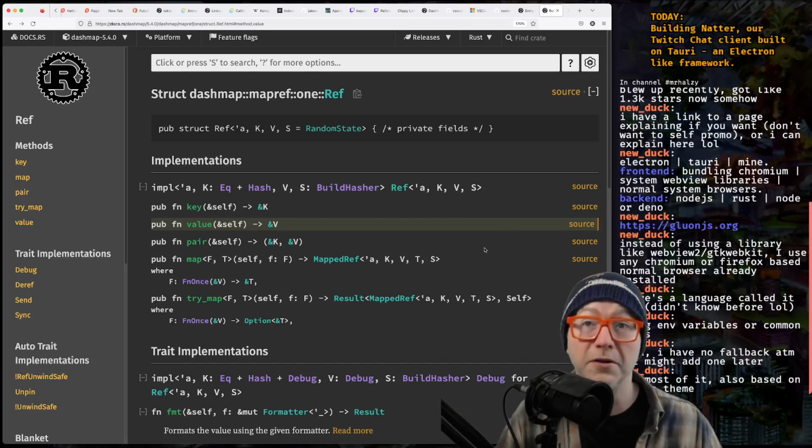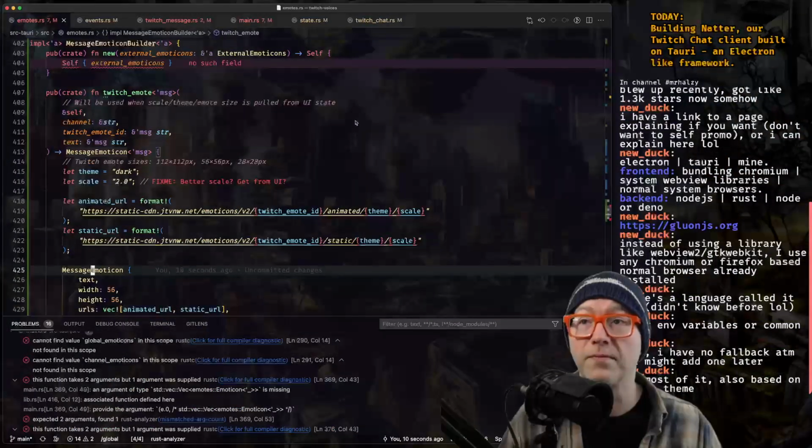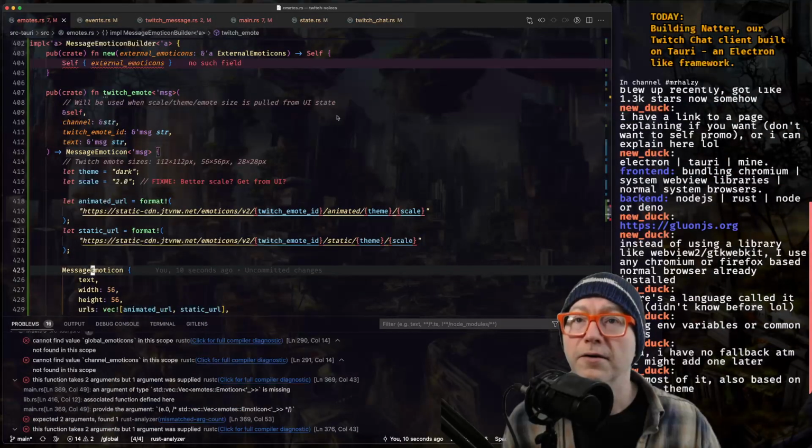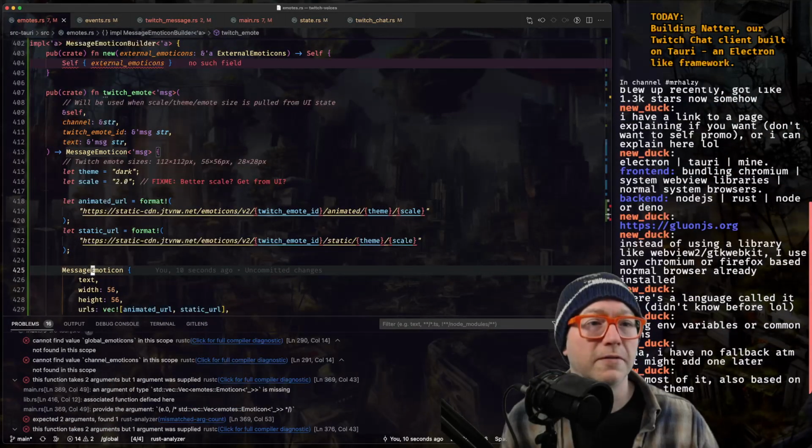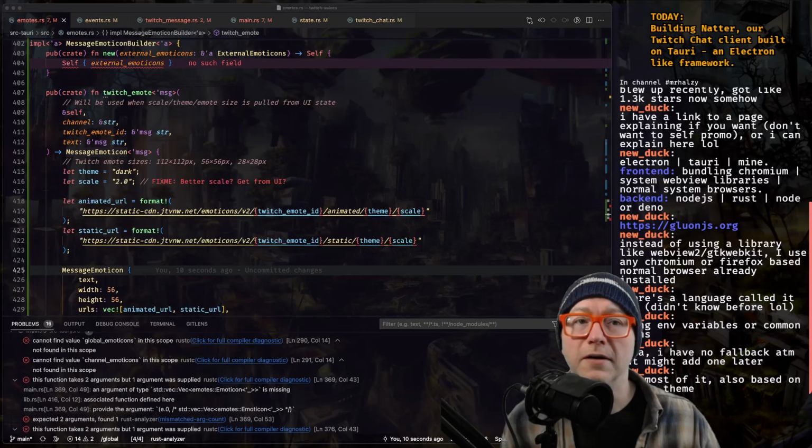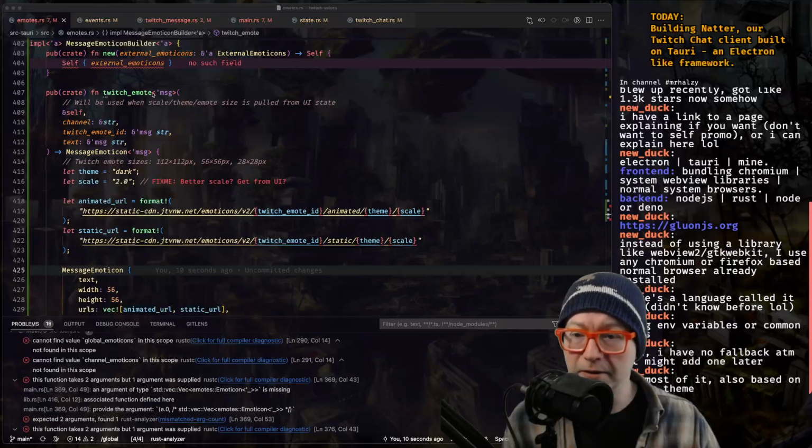Also based on the Hugo theme? Oh, gotcha. Gotcha. Alright. Just checking the... Okay. Clipping changes still work. That's good.